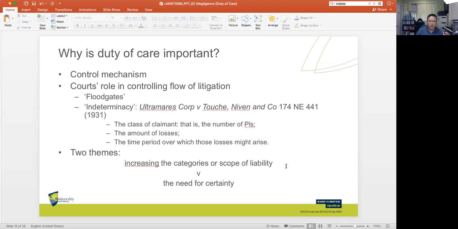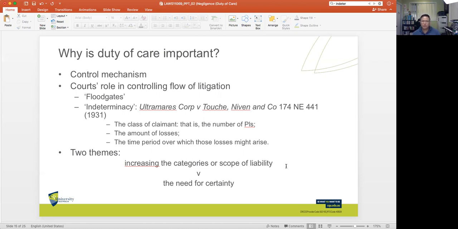And so the courts have a role in trying to control the flow of litigation in order to limit the floodgates of litigation, as well as to set limits to what is considered to be a high level of indeterminacy in terms of the defendant not knowing to whom he can owe certain duty of care